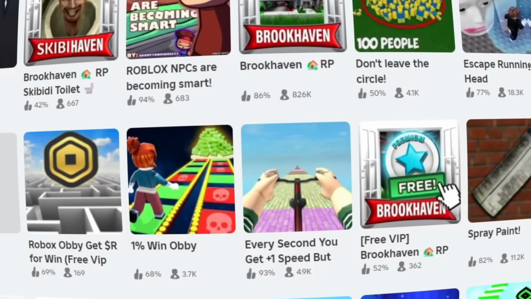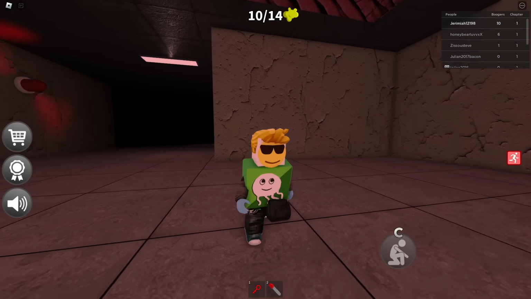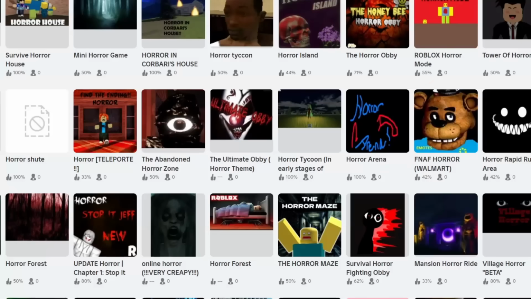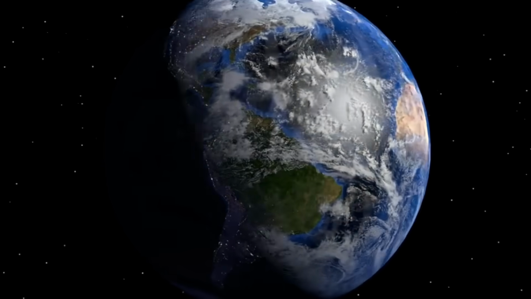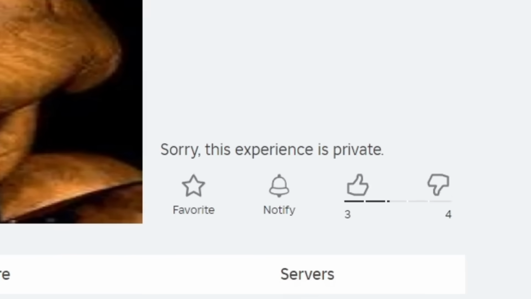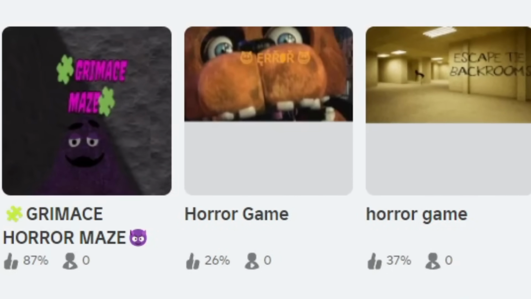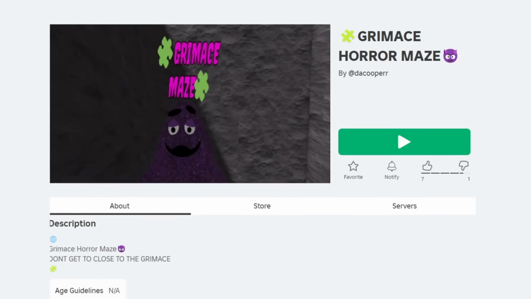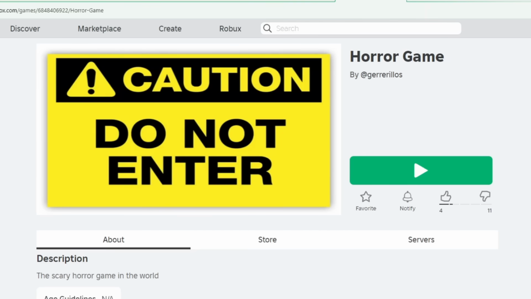At this point, I started to get pretty bored of regular Roblox games. I wanted something scarier, something horror, so I did some searching and found the perfect game to play. FNAF Horror Walmart, because nothing in this world is scarier than capitalism. But it didn't work. But it's okay, because I found another horror game called GRIMACE Horror Maze. It seems like it was sorta just made and plopped onto Roblox one day and was immediately abandoned. Oh, and if you're wondering about horror game, it was,